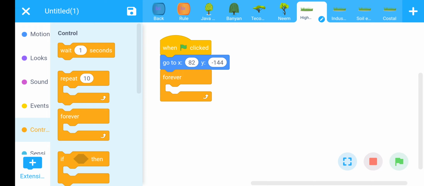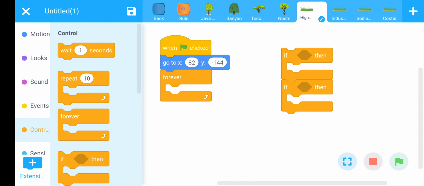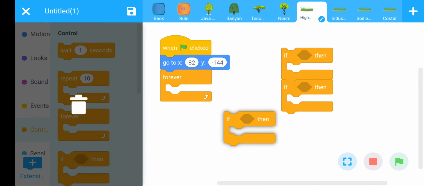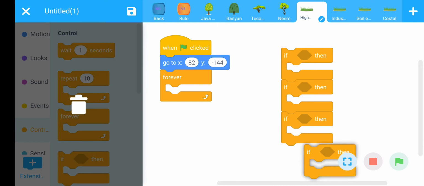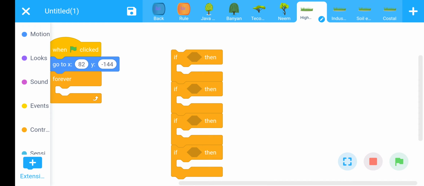That means we have 4 options here, in which one is the right option and the other 3 are wrong options.